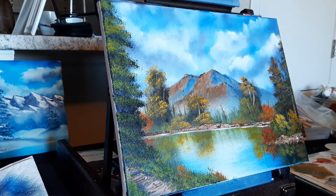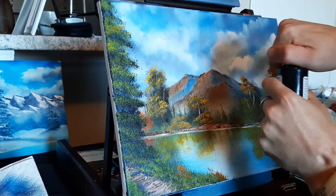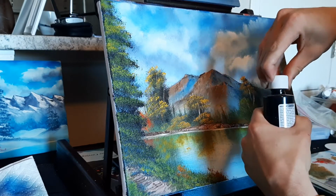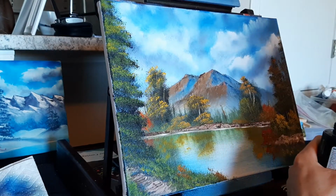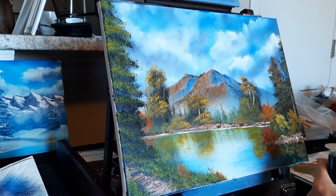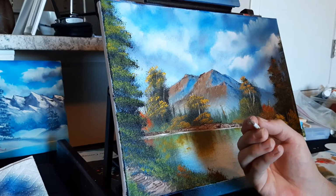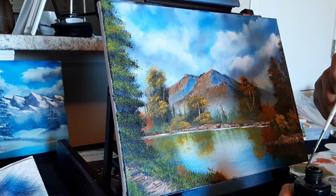How much time do we got? 21 out of 26. There's something I've been wanting to try. This here is liquid black. Liquid black. I'm almost scared to even open this because I don't want to spill it. But I've been thinking of how I can best make little liner brush sticks and stuff. And I've been having a hard time because my liner brush isn't super skinny. I wondered if I used...